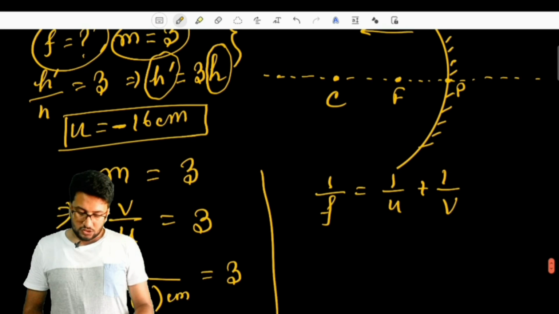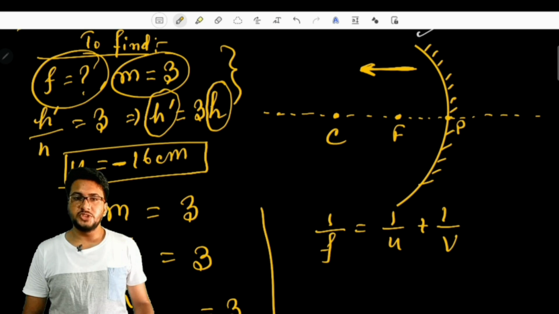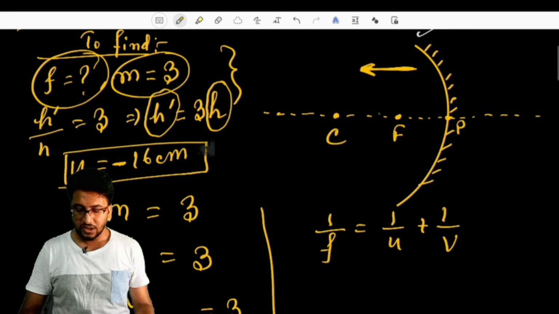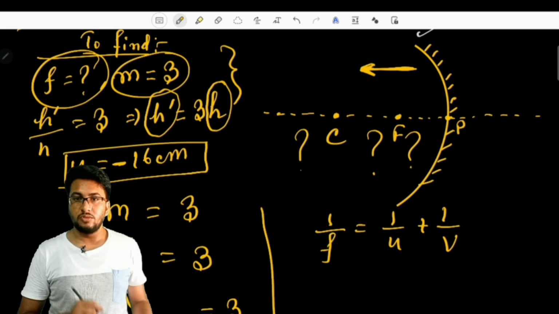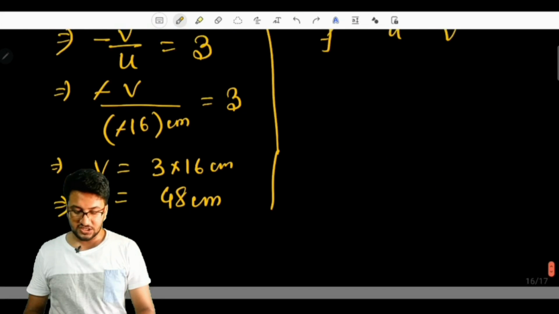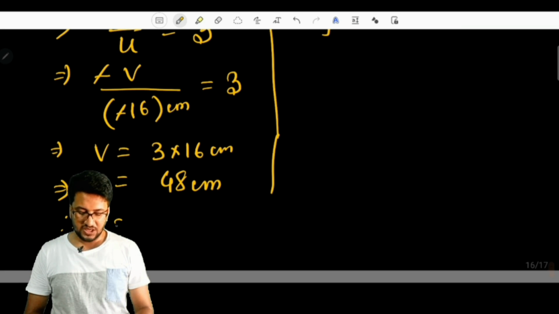Definitely, the object distance in case of a concave mirror is taken as negative. When a real image is forming, the real image always forms in front of the mirror. Where it will form, here or here, in such positions the image will be formed. That means the image distance will always be measured in the negative x-axis direction. That's why the image distance that we consider here will always be negative. As per the sign convention, v will be negative 48 centimeter.